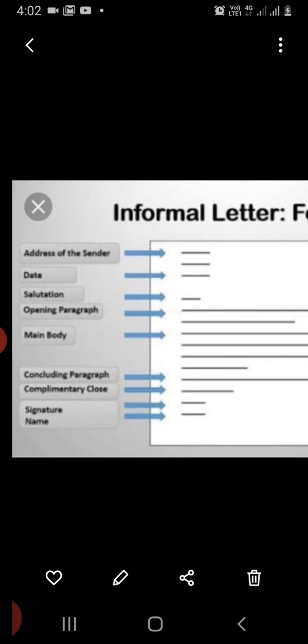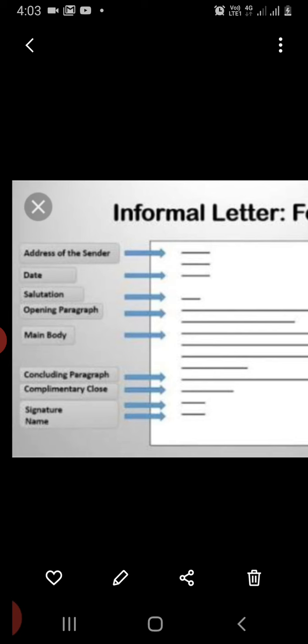Here the salutation is the complimentary little greeting to the person to whom the letter is addressed. It is a formal way of beginning a letter. The form of greeting or salutation depends on the relation and the degree of intimacy between the writer and the addressee. After that we will write the body of the letter, which can be divided into three parts.